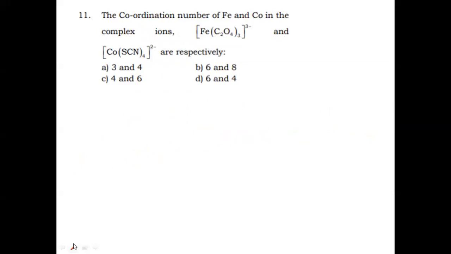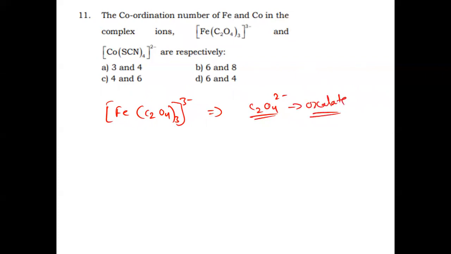Then question number 11. The coordination numbers of iron and cobalt in the complex ions Fe(C2O4)3 to the power 3 minus and Co(SCN)4 to the power 2 minus are respectively. So let me consider the complex first, Fe(C2O4)3 to the power 3 minus. Here the ligand present in this compound is C2O4 to the power 2 minus ion, which is nothing but oxalate ion. And we know that oxalate ion is a bidentate ligand,